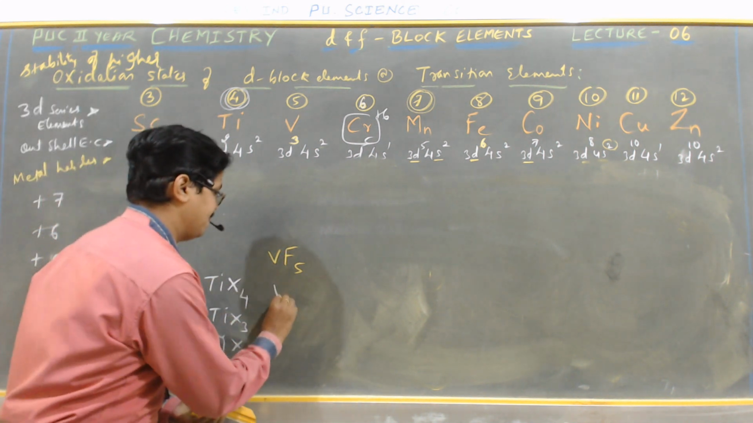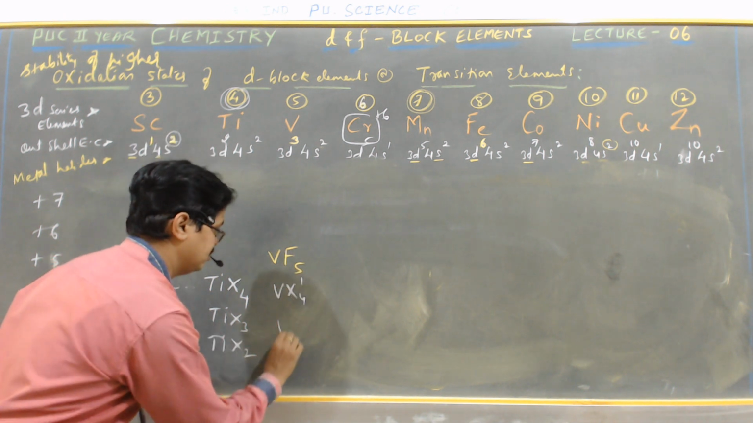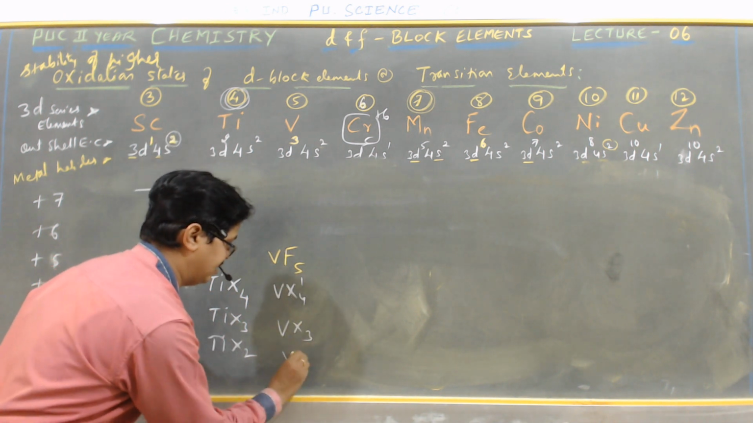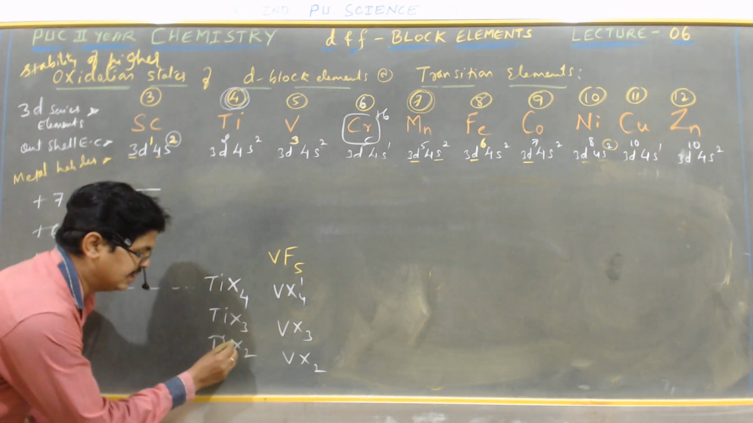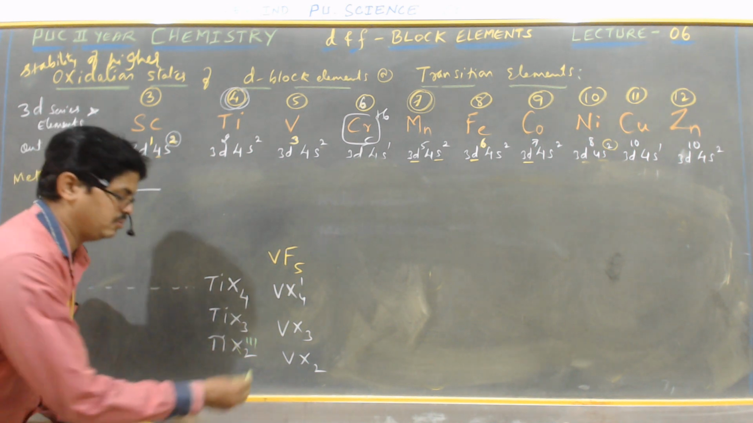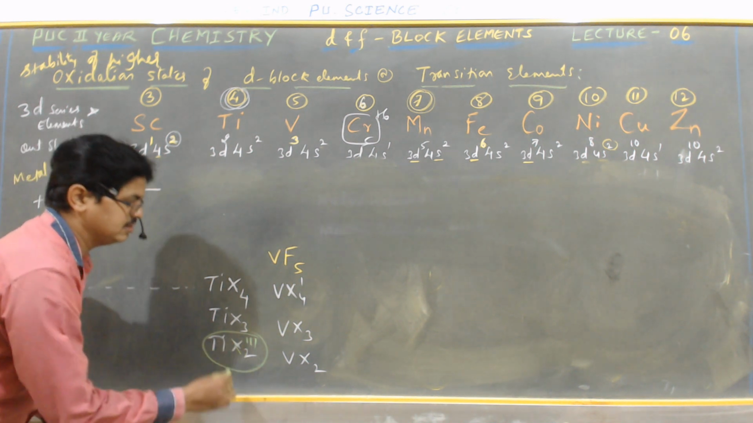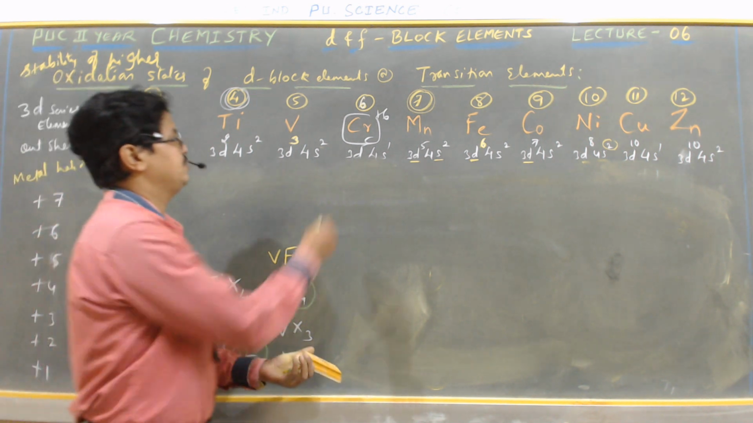Followed by VX4 dash, VX3 and VX2. Okay, of course, look at here. TiX2 triple dash. Let me explain what this triple dash means, what this single dash means. Let me explain later. Next, with respect to chromium,